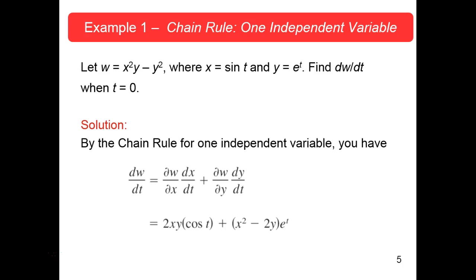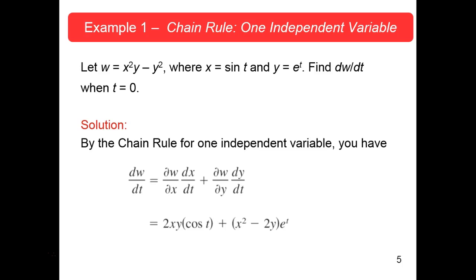2xy, and then the derivative of x with respect to t is cosine t, plus partial of w with respect to y is x squared minus 2y, so that's x squared minus 2y, and the derivative of y with respect to t is e to the t. Okay. Now,